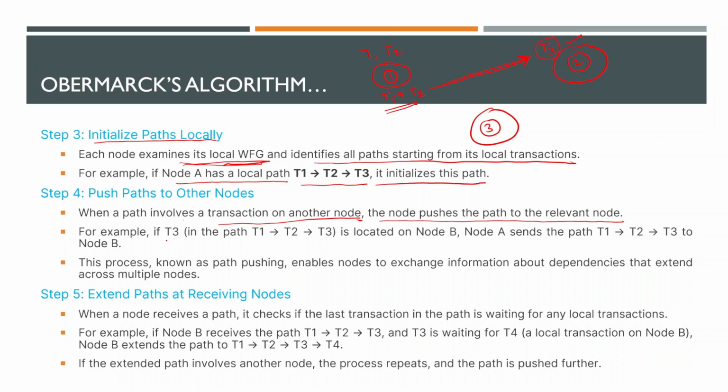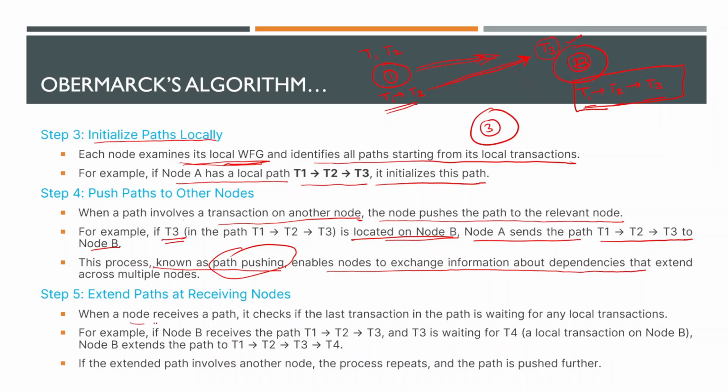So for example, if T3 is located at node number B, consider this is node number B, node A sends the path T1, T2, T3 to node B. So this path, T1 dependent on T2, dependent on T3, is pushed from node A to node B. This process is known as path pushing, and it enables the nodes to exchange information about the dependencies. When a node receives a path, in this case node B has received the path, it